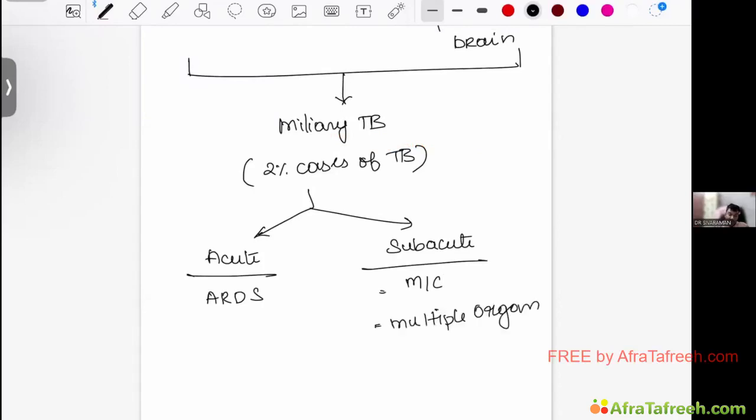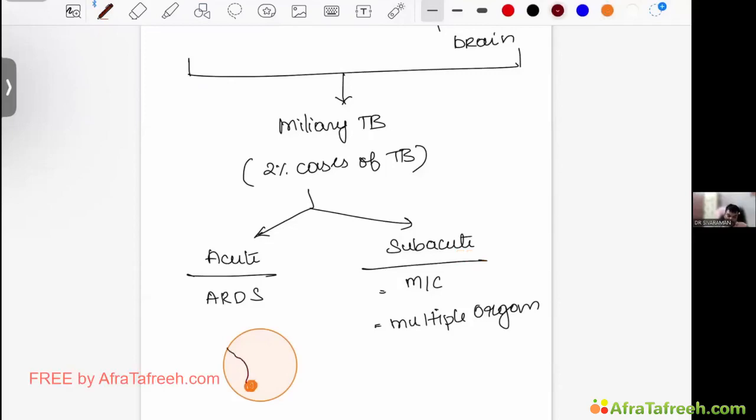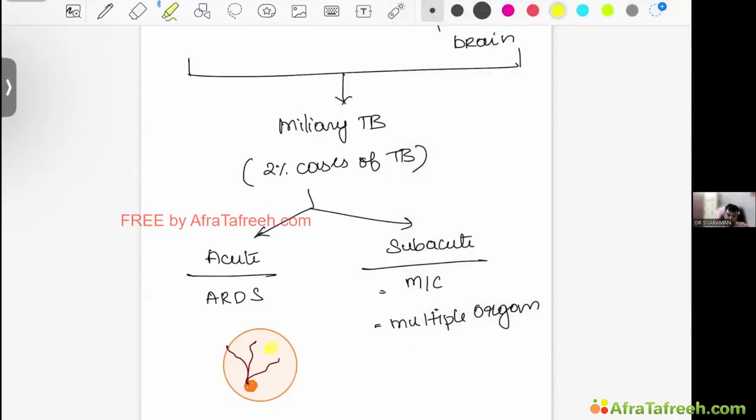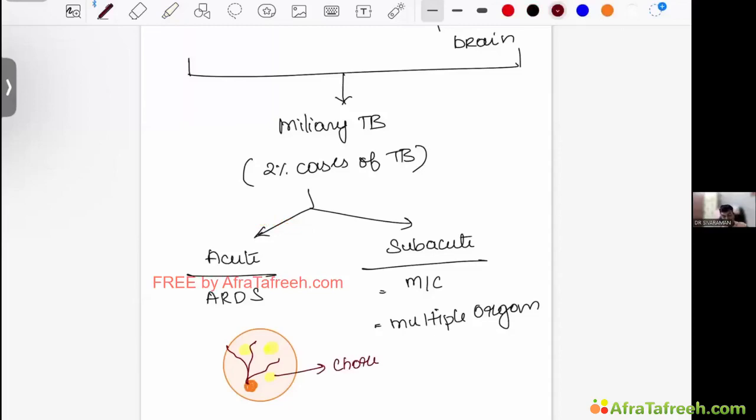In patients with miliary tuberculosis, if you see the fundus, this is the fundus, and you have the vessels going here. Here what you get to see is a blotchy area, like this. This blotchy area in miliary tuberculosis is called choroid tubercles, and these choroid tubercles are pathognomonic of